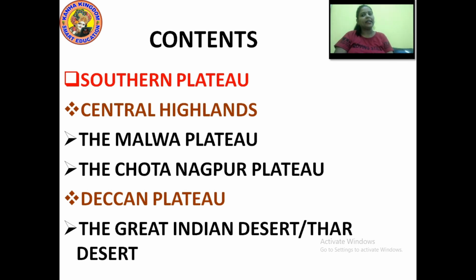Central Highland is again divided into two parts, the Malwa Plateau and the Chota Nagpur Plateau. The Deccan Plateau is divided into one part, that is said to be the Great Indian Desert or Thar Desert.